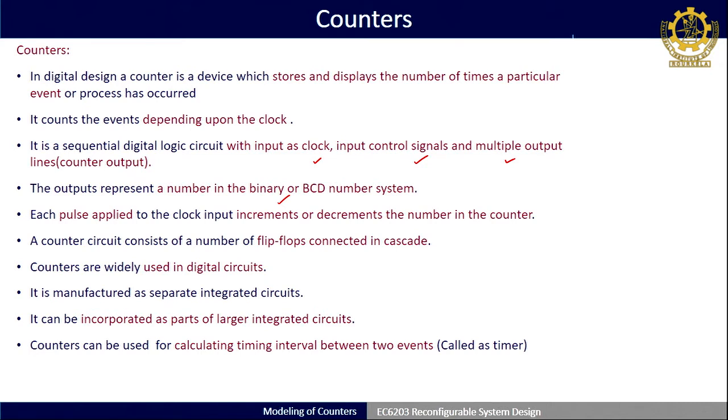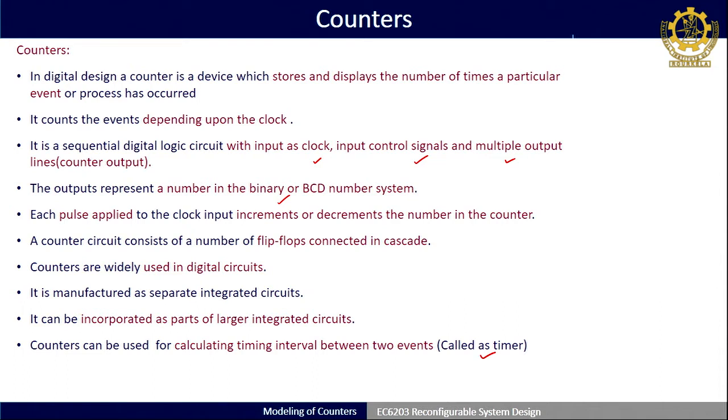Counters are used to maintain the counting of sequences, and also to maintain the timing interval between two different events, but in such cases counters are called timers. They basically calculate the timing interval in terms of seconds, maybe nano or milliseconds.